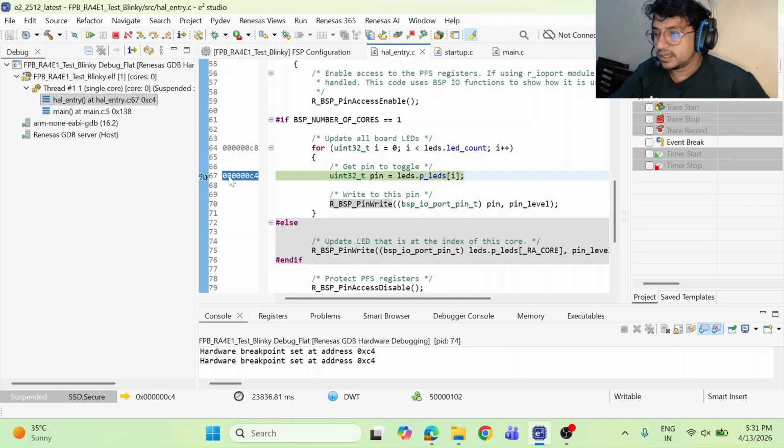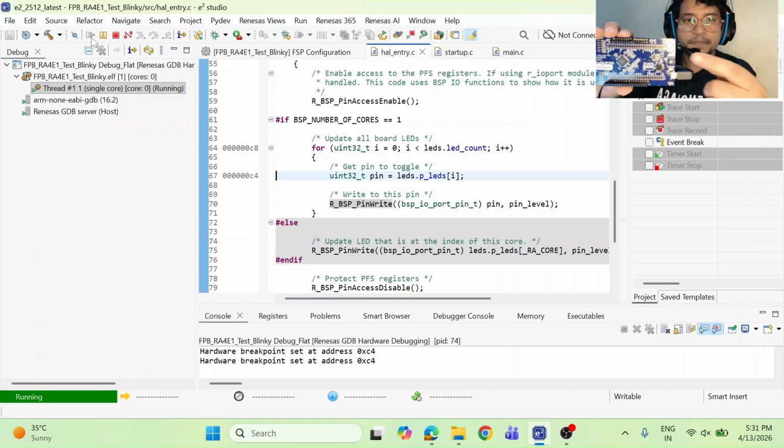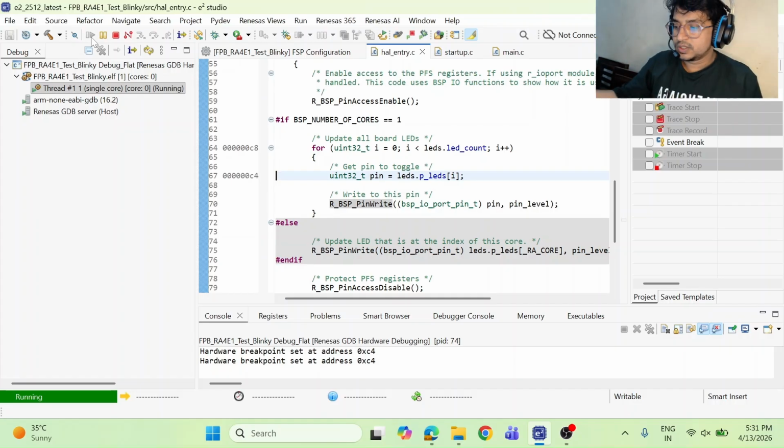Currently I will remove that breakpoint, and after running the code you can see the Blinky option happening. I assume you can see the LED blinking. It is easy to debug, and there are more options you can see here.